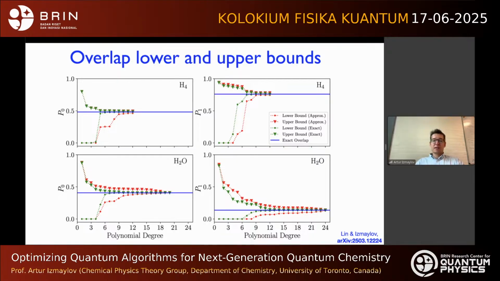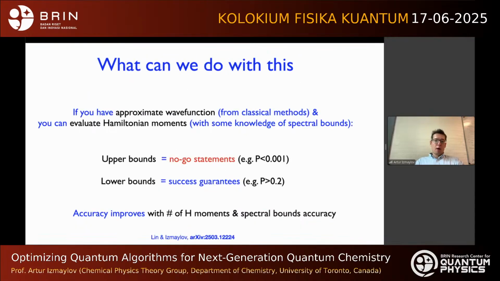But we always can say what is the upper bound and what's the lower bound. Okay, so now what is this good for? If we have an approximate wave function from a classical method, you can evaluate Hamiltonian moments with it, with some knowledge of spectral bounds. And the upper bounds that we are getting are equivalent to no-go statements, meaning that if your upper